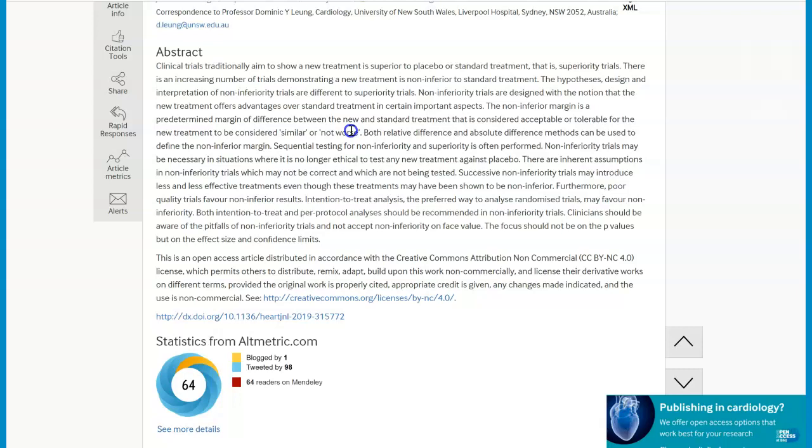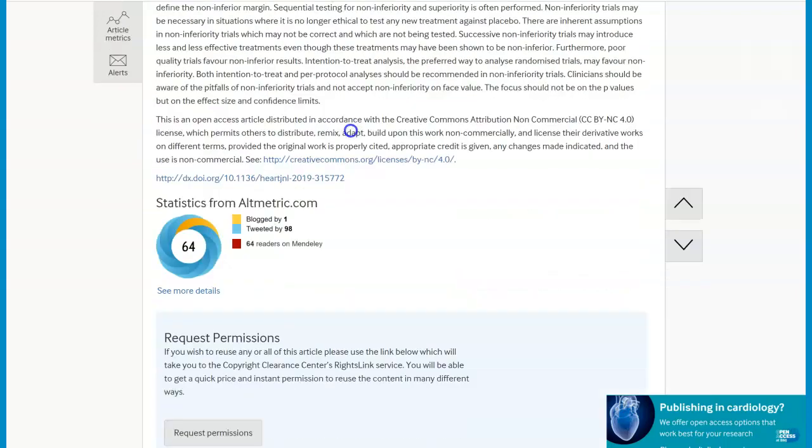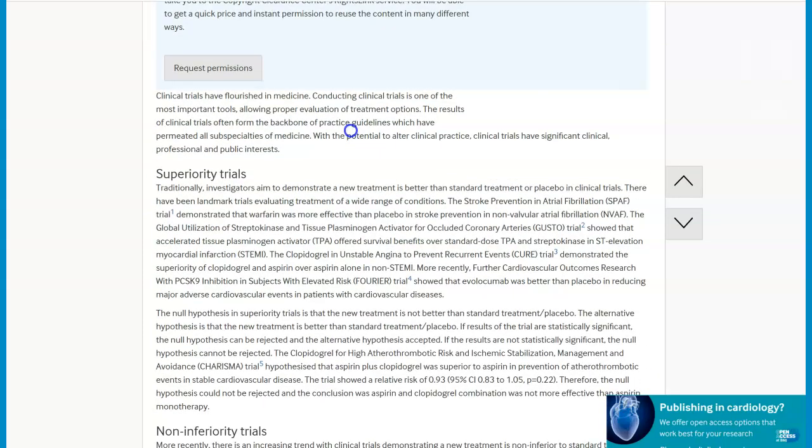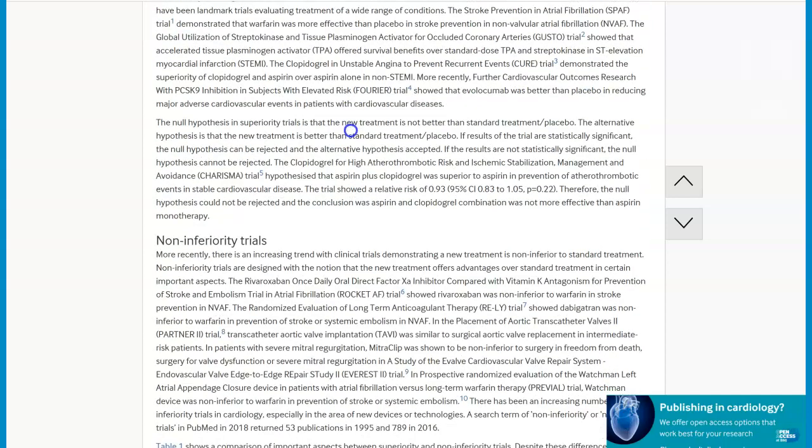Both relative difference and absolute difference methods can be used to define the non-inferiority margin. And then sequential testing for non-inferiority and superiority is often performed. So going into the non-inferiority trials, let's talk about that first. Some of these are very important